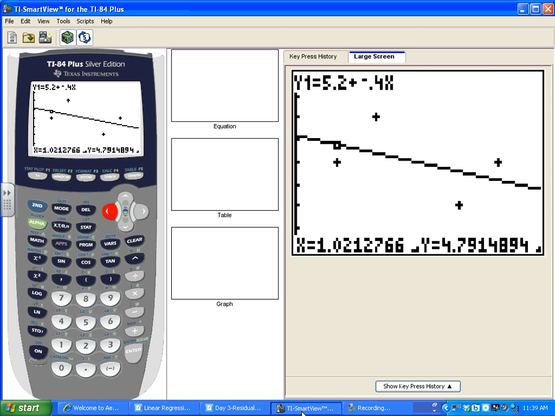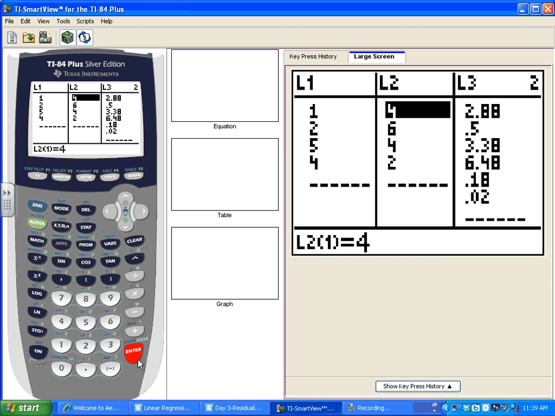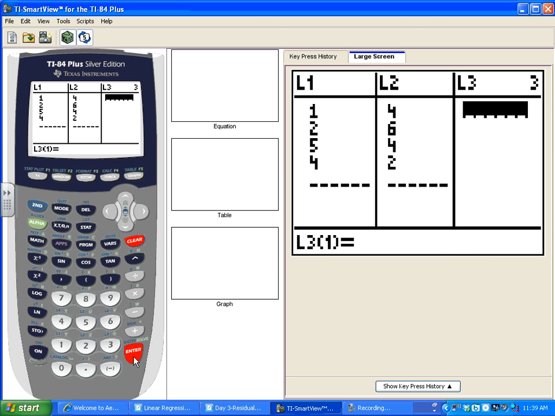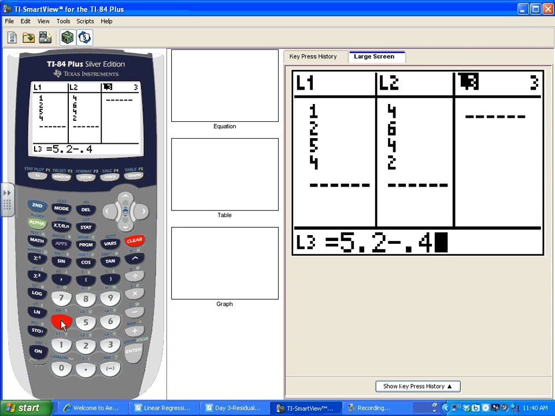If you would like, you can do it by hand in this case, because we only have 4 data pieces. We can do it by hand. But let's see if this idea doesn't make sense. In list 3, I'm going to have list 3 equal to my prediction, which is 5.2 minus 0.4. And I would put x there, but what am I really going to put? Do we agree list 1 there? Isn't that where our x values are? And so if I put 5.2 minus 0.4 times,